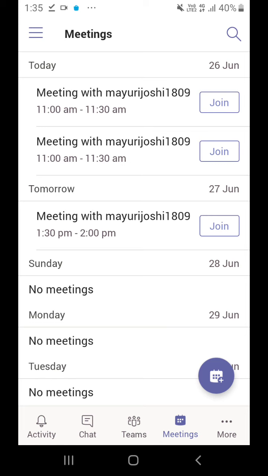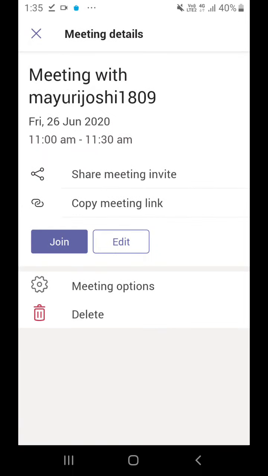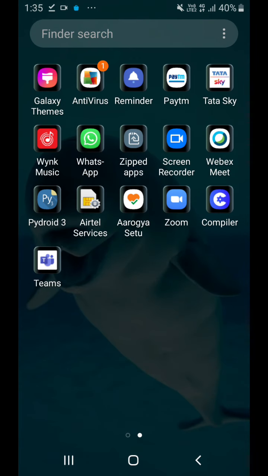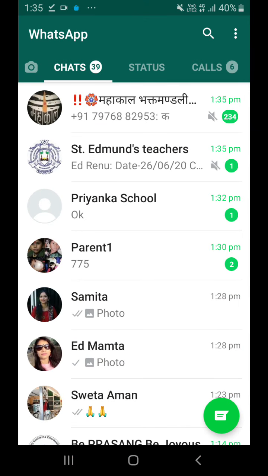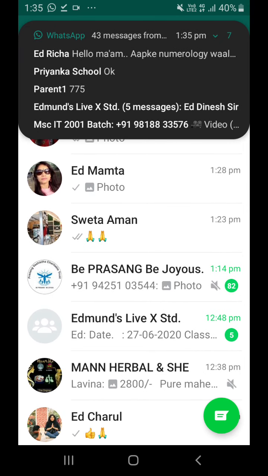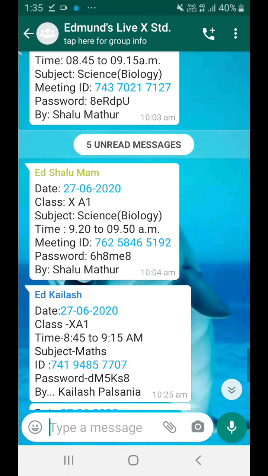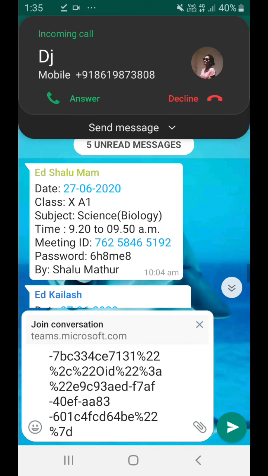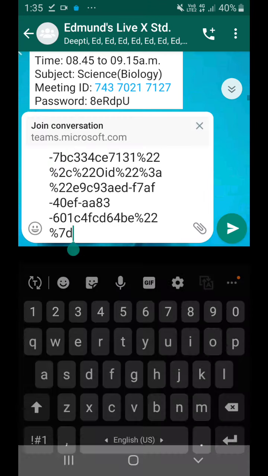Those teachers who are giving the link on a WhatsApp group can directly share the link on the WhatsApp group, like this. Like this is my meeting, so I'm copying the meeting link, then I'll go to WhatsApp, and for example I'm going to the Edmonds Live 10th standard group and just paste here and then enter.